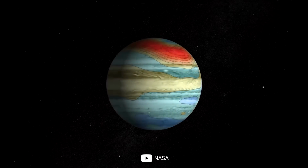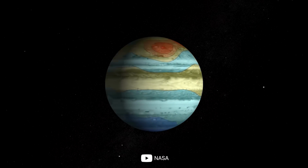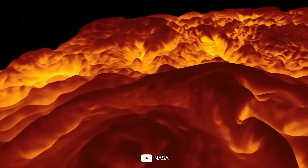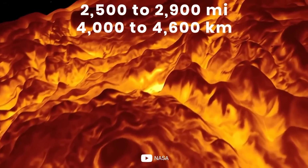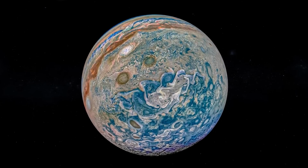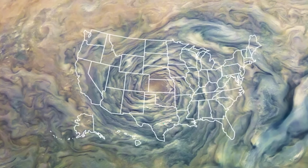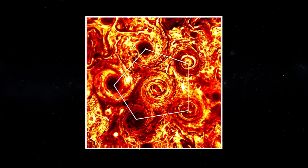Juno also grabbed some spectacular images of the gas giant's poles, discovering another incredible wonder of the planet. At the North Pole of Jupiter, a huge persistent cyclone is visible, and encircled by smaller cyclones ranging in size from 2,500 to 2,900 miles. On Jupiter's South Pole, the same thing was discovered as Juno did a flyby, and using infrared cameras imaged a cyclone the size of the entire USA, with 5 other cyclones swirling around it in a geometric pattern, which also